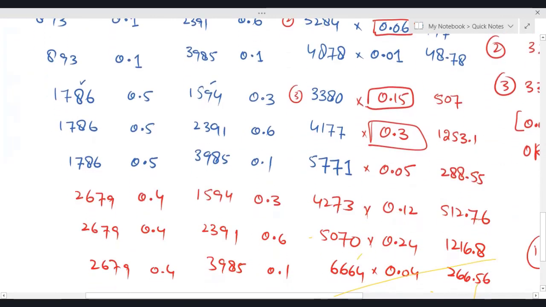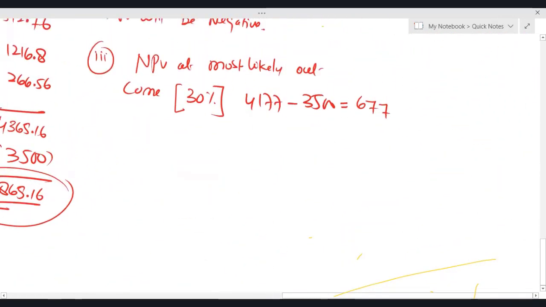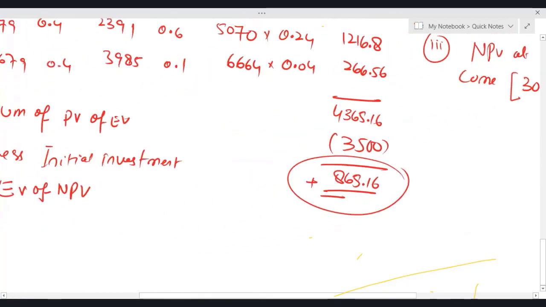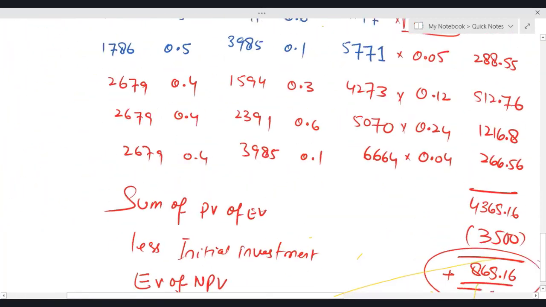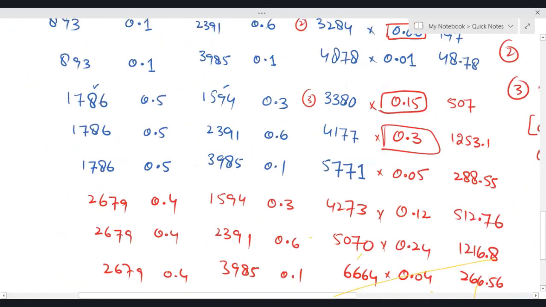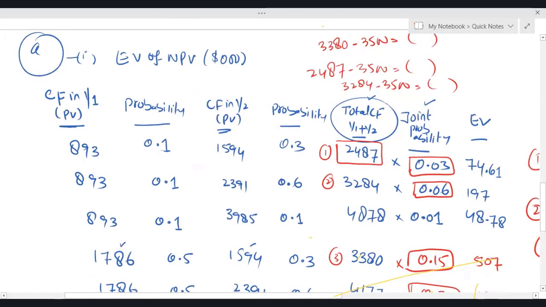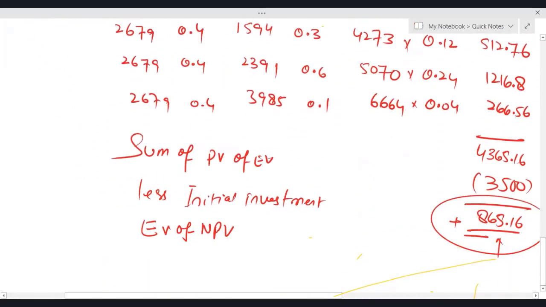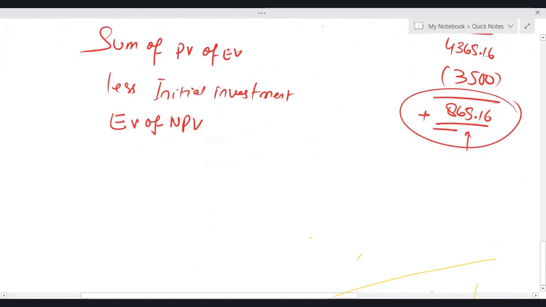Now listen. Let me show you how we calculated this. To calculate this expected value of NPV, we made seven columns, and then we finally calculated 865.16. Now let me show you the shortcut. There's no need to write it down, just watch. Expected value of NPV